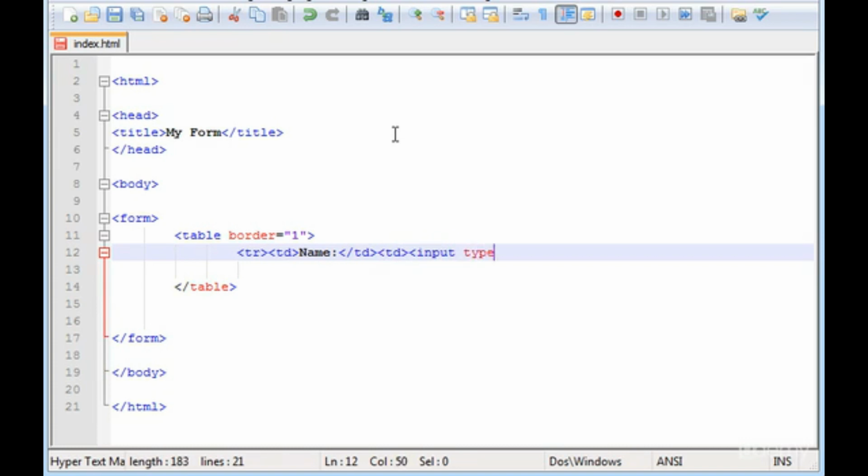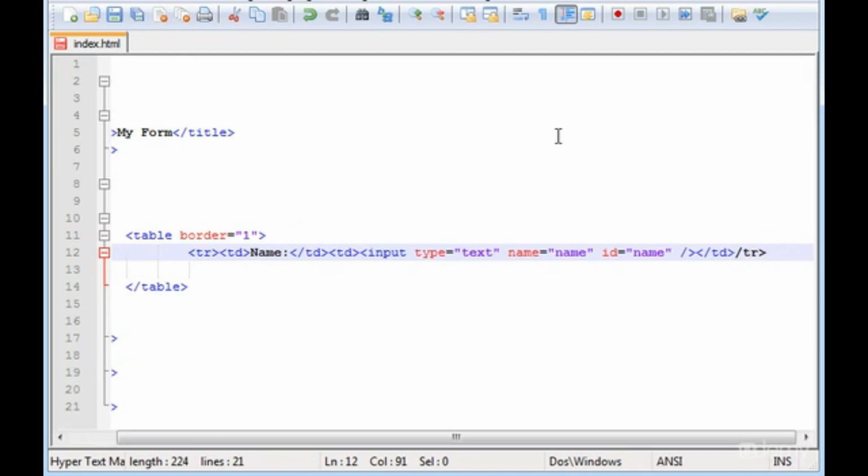input type equals text, and let's give it a name, name of name, and ID of name as well. Now close td and close tr,